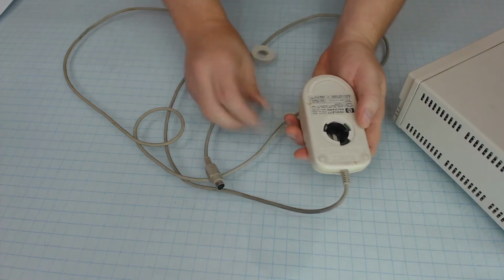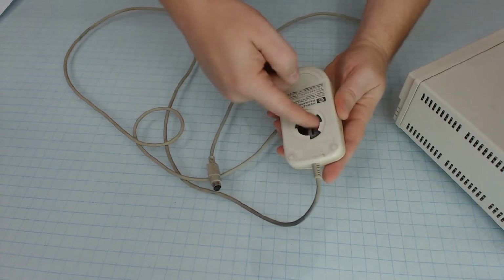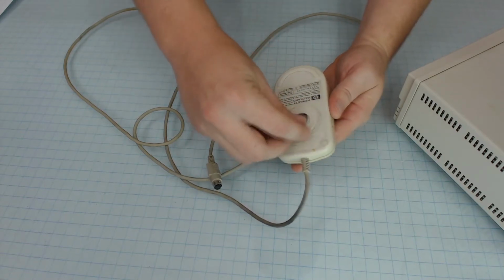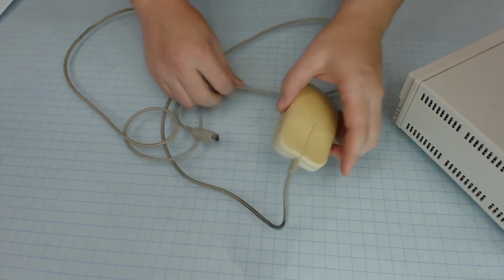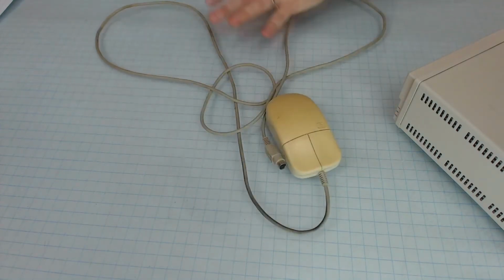Big, heavy metal ball covered in rubber. And inside here are a couple of rollers, and the ball moves around freely in there. This ring holds it in. So you always had to take these apart and clean out all the dirt periodically when your mouse stopped working. We had to get our mouse. The next thing we had to track down